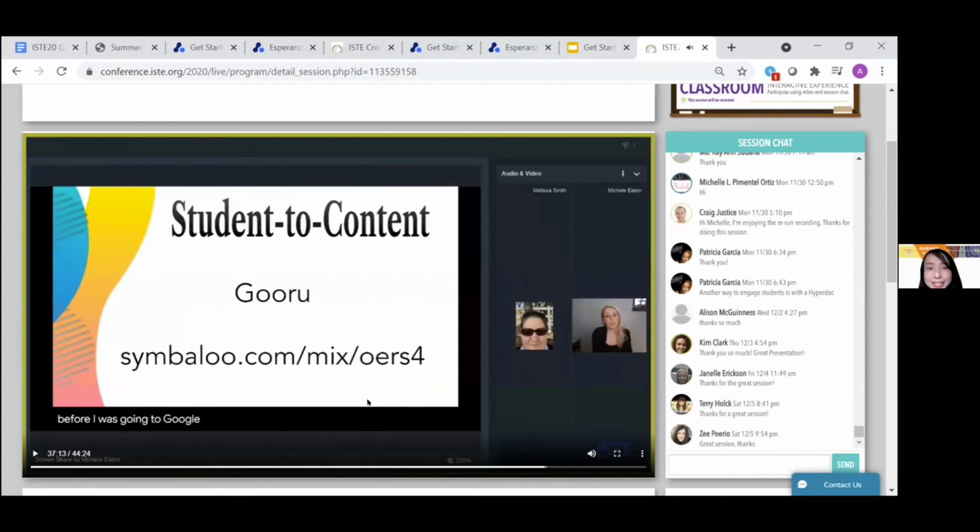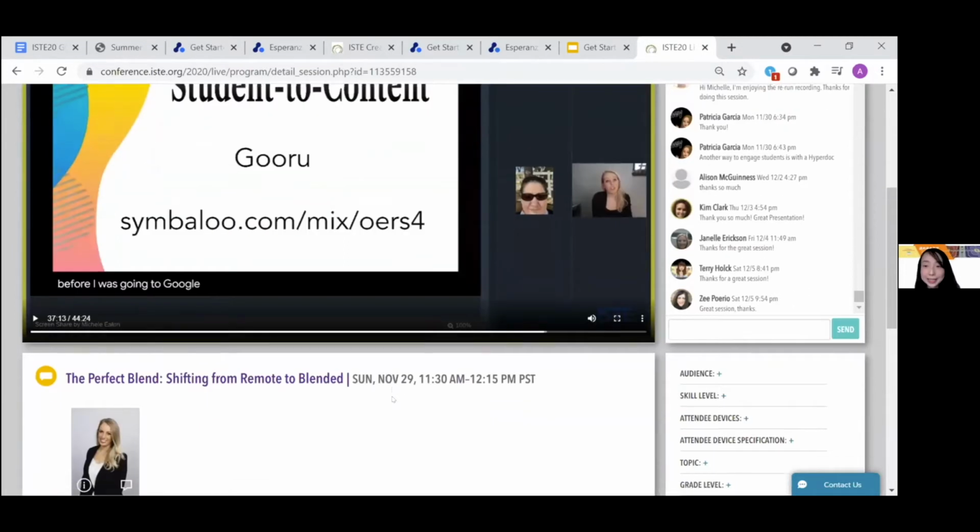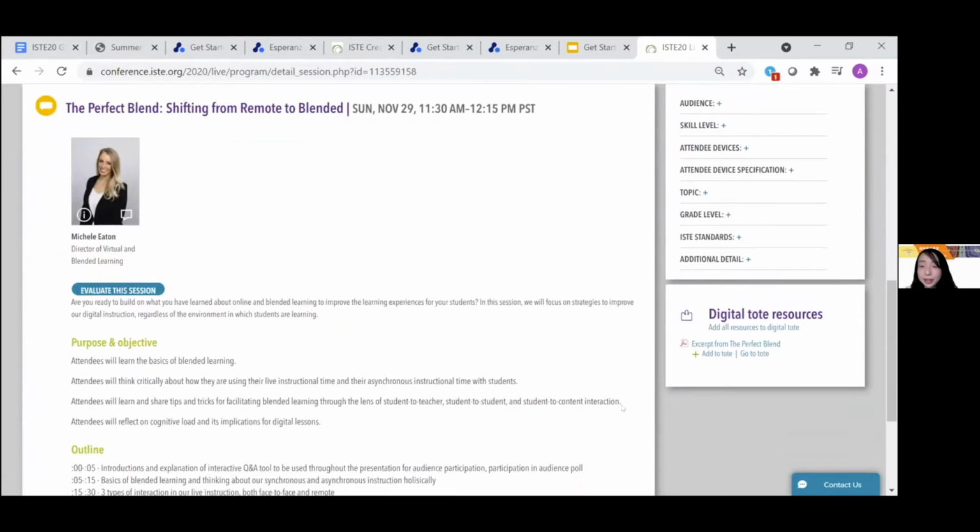So as you can see, the educators are sharing about the concept, like how do students interact with content, and also the educator will share several tools for you to use. Lots of them are free because it's really educators sharing their experience and how they practice in their classes. And also one of the things I love the most about ISTE is that the educators are so generous sharing resources. You can download lots of PDFs or their presentations by this digital tote.